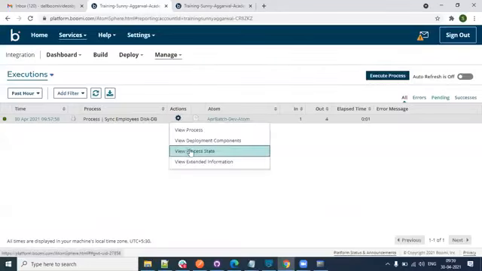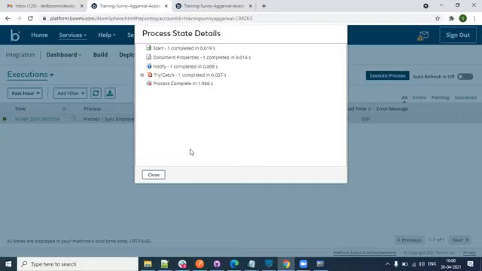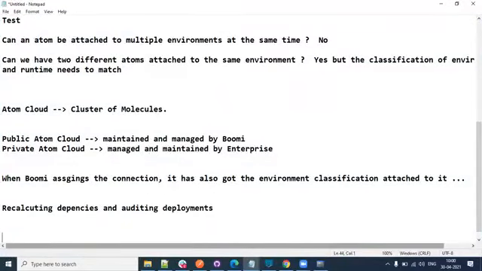If I click on view process state, this is very important. This is asked in the interviews also. If you have to observe at shape level what has happened, you cannot see shape level logs once the deployment is done. Let me repeat, you cannot see shape level logs once the deployment is done. You can see the shape level logs only in the build tab. Note, we can't see